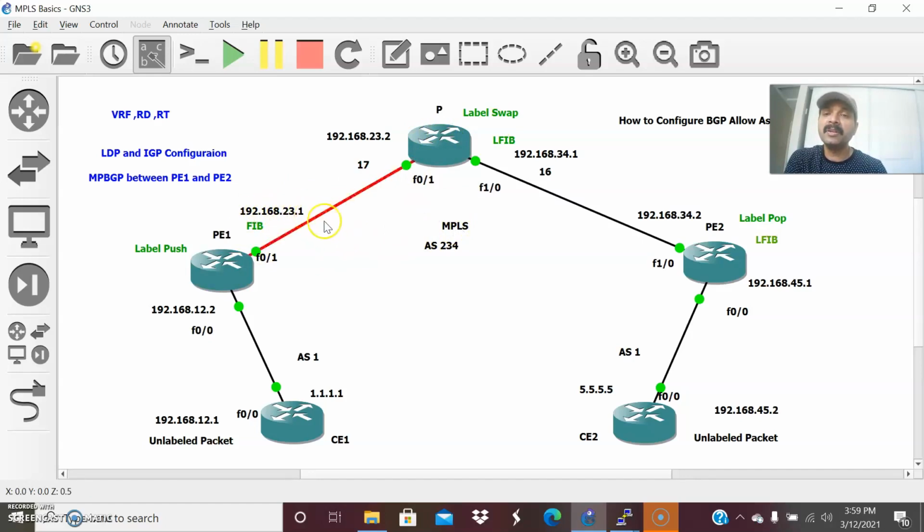The prefix is a 32-bit value, so it is a 96-bit value in total, right? Both this RD and prefix are collectively called a VPN v4 route. For advertising this VPN v4 route between the provider edge routers, I am using MPBGP as the protocol. That's the thing you have to keep in mind. Now let us activate MPBGP between both the routers.